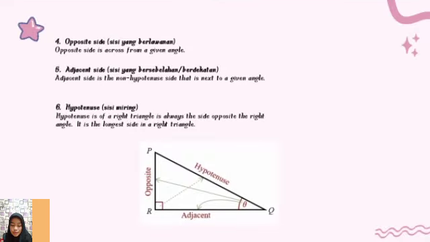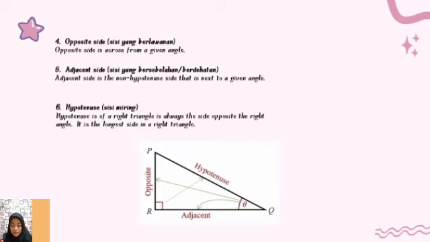Next, number 4 is opposite side, or sisi yang berlawanan in Bahasa. Opposite side is across from a given angle. Next, number 5, adjacent side, or sisi yang bersebelahan or berdekatan in Bahasa. Adjacent side is the non-hypotenuse side that is next